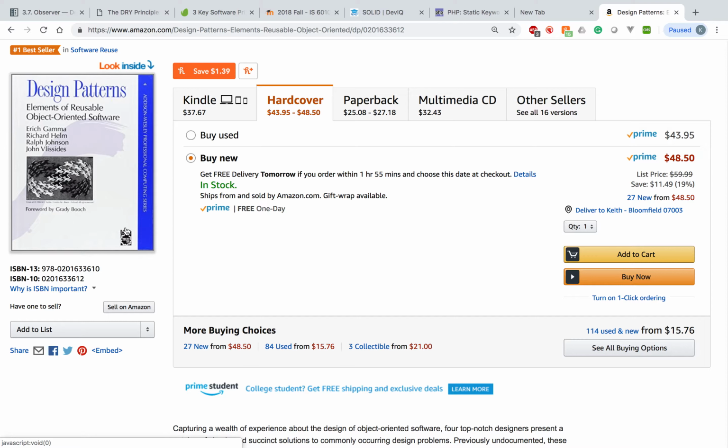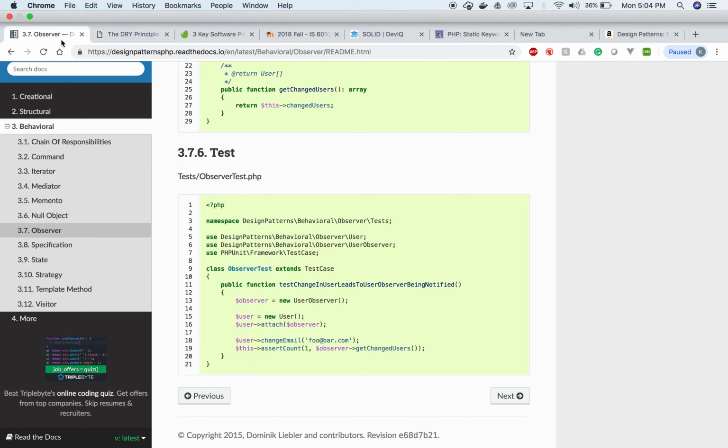Basically, these four men were early adopters of object-oriented programming, and after many years they decided to write a guide for future programmers to understand all of the things that they learned over the course of 10, 15 years of object-oriented programming on a commercial application. So this design patterns book is done in, I believe, C++, but here, for example, we have an observer in